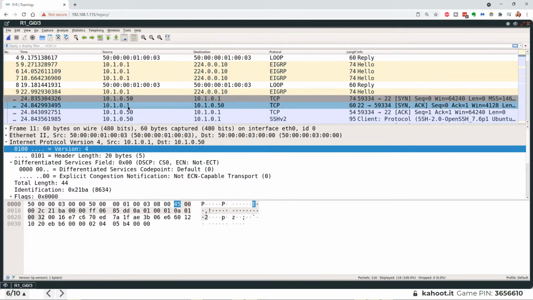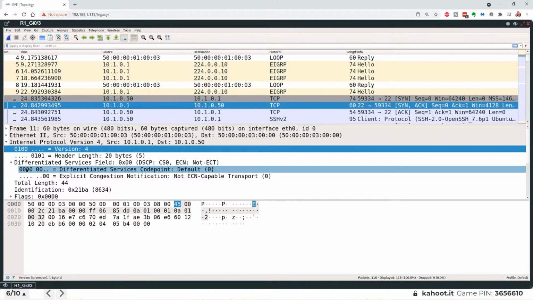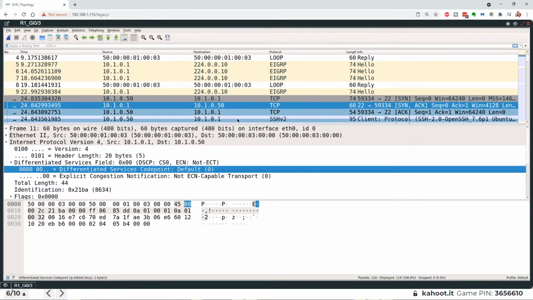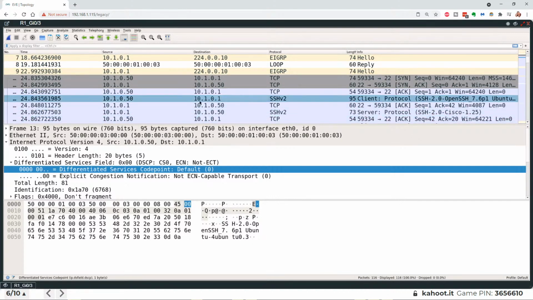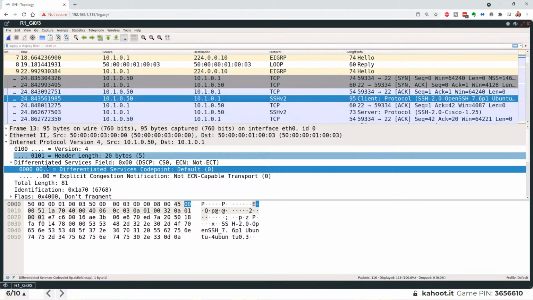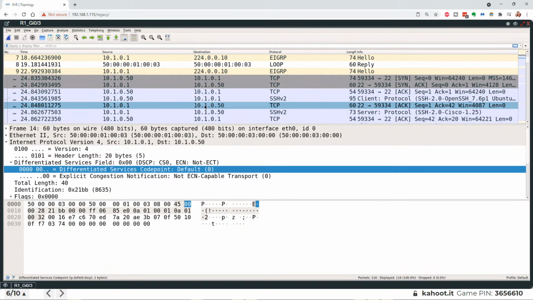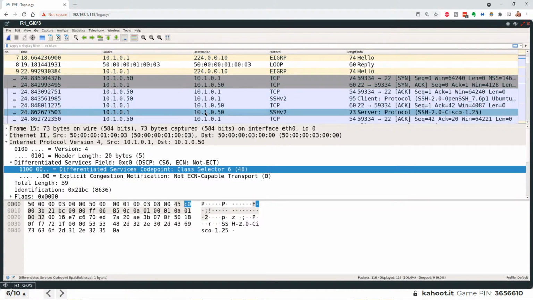But look at this. On the reply back, this is the SYN-ACK coming back from the actual router. That's also, oh, look, yeah, that's also all zeros. That's not too impressive. Let's go down, though, to the SSH. So this is the beginning of the SSH session now, and it's still zeros. If we go back to the server reply, though, those are zeros. Oh, there we go. Okay. So look at this. Eventually, at some point, this is coming from the router, going back to the PC.